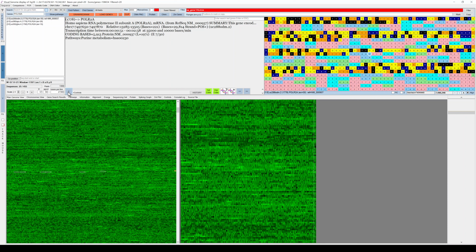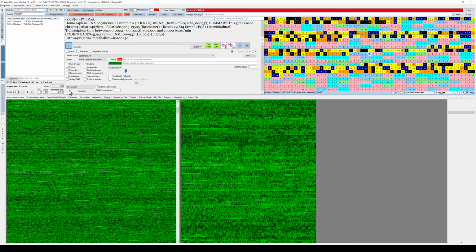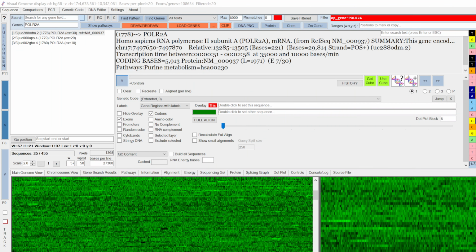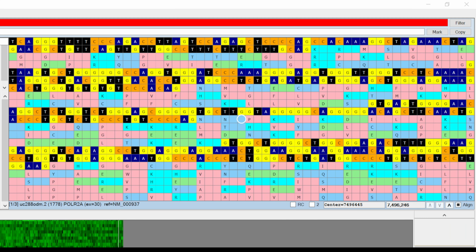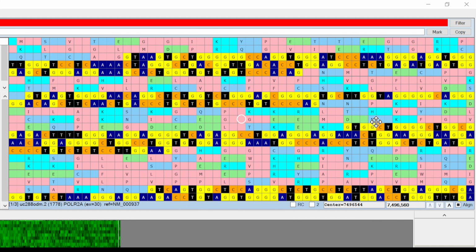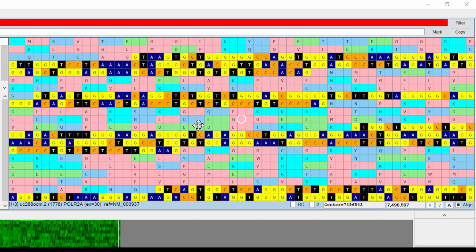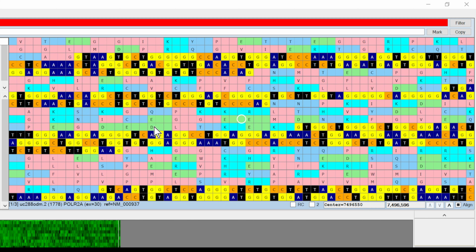If you go to the controls, you can click on this button over here, and then there's this option, codons. Now if we zoom in a little bit, you can see that there are different options for codons. If you click on aminos, now you can see that it shows you the first letter of the symbol for each of the amino acids, and that makes it much clearer which amino acids we are talking about.